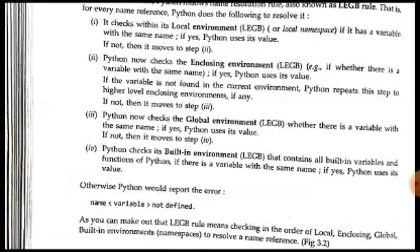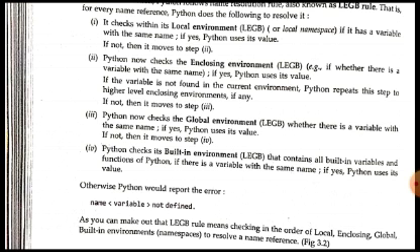What is step number 4 now? After the value has not been found in the global environment also, it will now check in the built-in environment. Built-in environment is what? It contains all the built-in variables and functions of Python. Just like there are many built-in functions, similarly there are also many built-in variables. So after the variable name has not been found in the global environment, the last step is to check the built-in functions and variables. It will check whether there is any built-in variable with the same name as the one we are using in the function. If it is found, then Python will use its value.